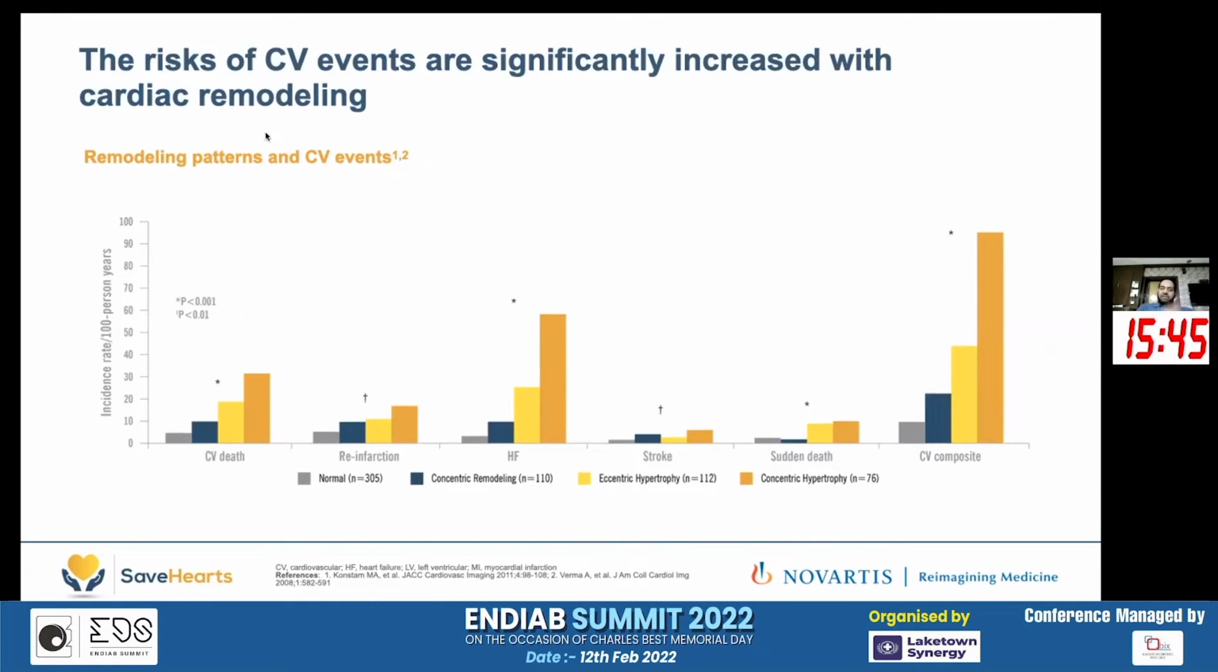Why it is important is that the remodeling patterns not only assess or tell us about the event that has happened now, but they also predict the amount of CV events that are likely to happen in the future. So when you look at patients who have normal